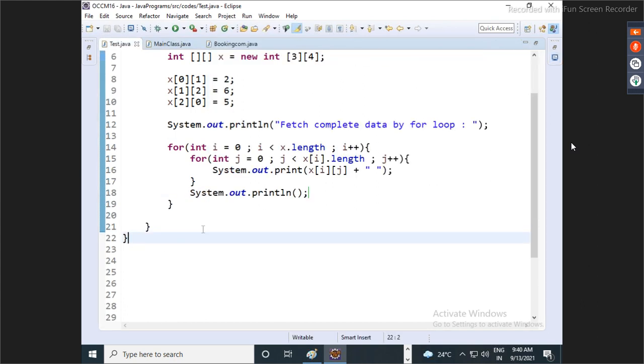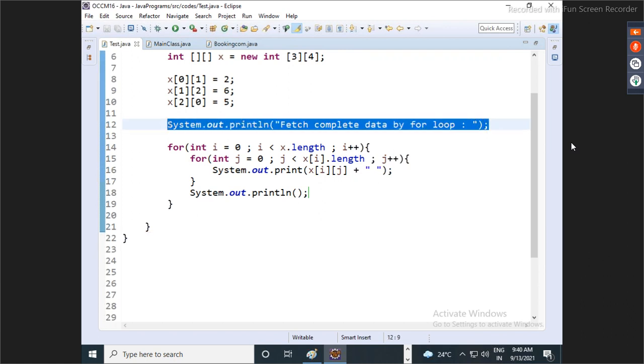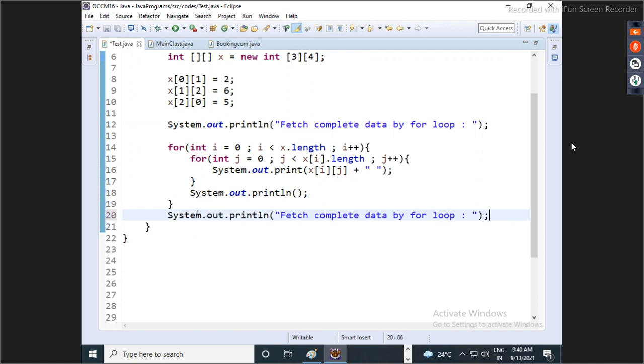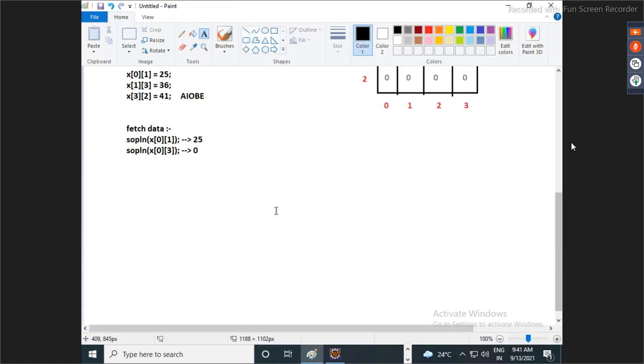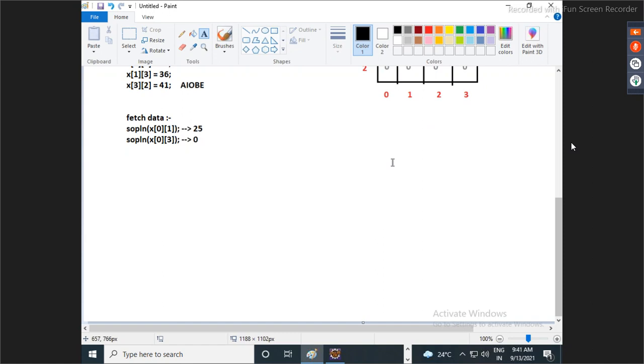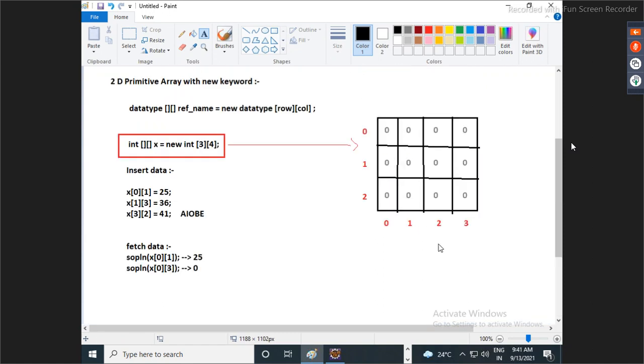Now, guys, what is the next move? Fetch complete data by using for each. So, guys, how is for each working? Okay. Now, see, I'll just copy this. 2 minutes. Or else this part you copied, no? Huh? Okay. So,